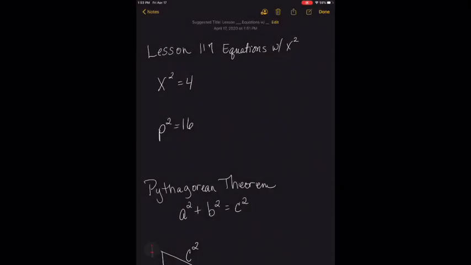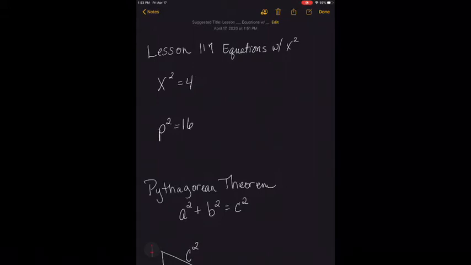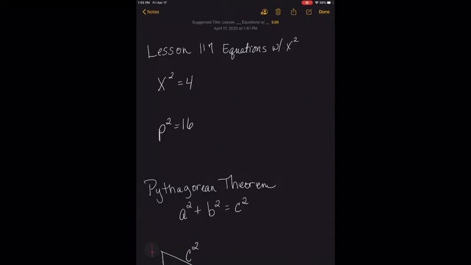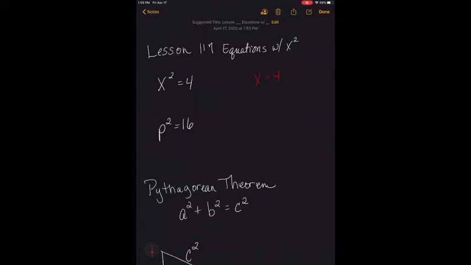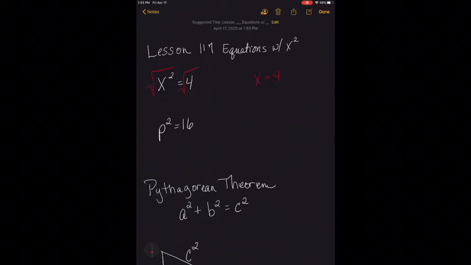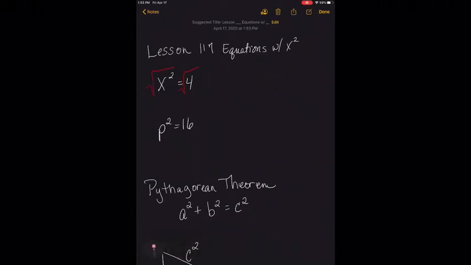All right, lesson 117 has to do with equations using x squared. We'll do a whole lot more of this in Algebra 1, but this is just kind of an intro. So when we have something like x equals 4, well, that's all x equals. There's only one solution. But when you have an x squared, if you think about it, there's a possibility of two different solutions. If we take the square root of both sides of the equation, we find that x equals